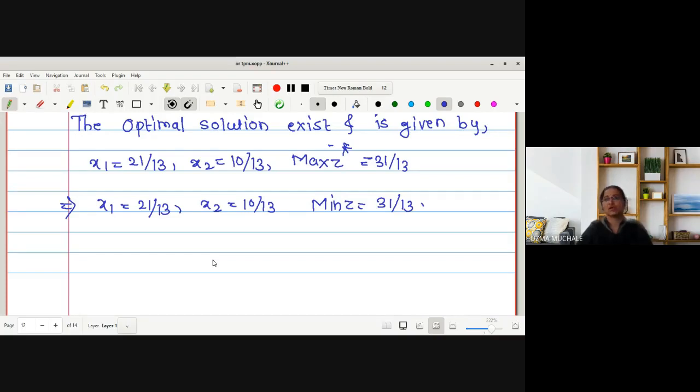First case, no artificial variable. Second case, artificial variable with positive value. Third, artificial variable with 0 value. Artificial variable existing with positive value does not give us any solution. In the other 2 cases, we have to proceed to phase 2. In phase 2, we will assign actual cost to original variables and we will solve it again. But in phase 2, we are considering the last table of phase 1 as it is. Only Cj entries, only the objective function, we will change. Is that okay to everyone? Any doubt?